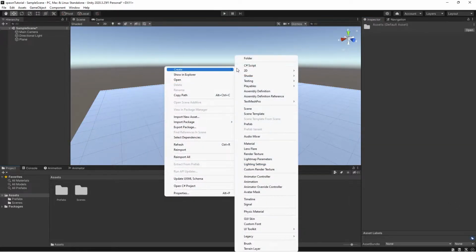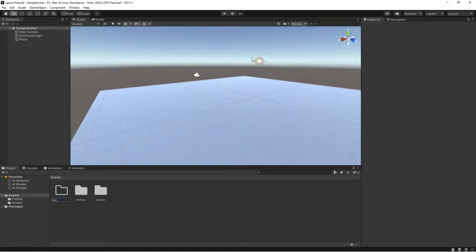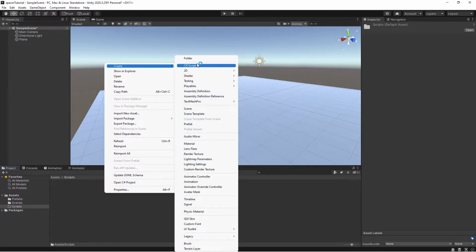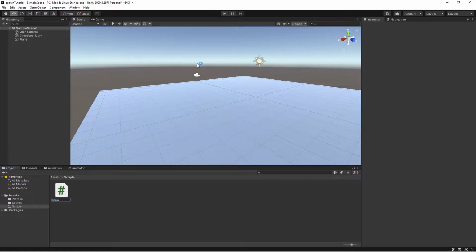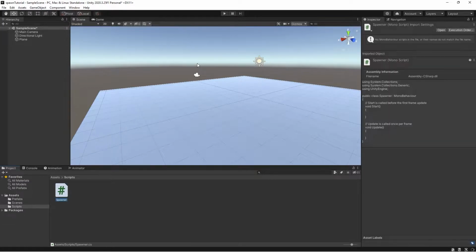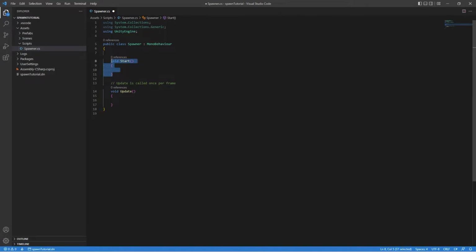Then you want to create a folder called Scripts. Then create a C# file in it called Spawner. So first what you want to do is delete the Start. So now let's create a variable called public